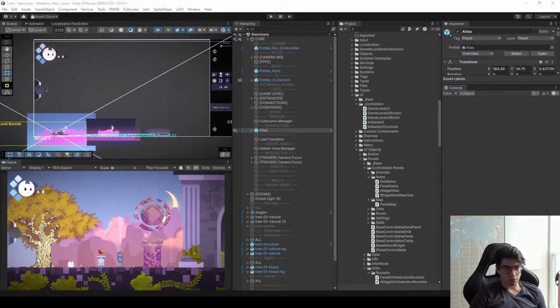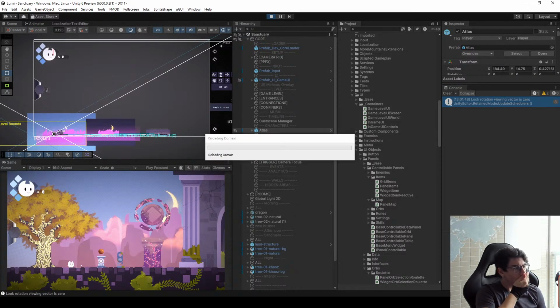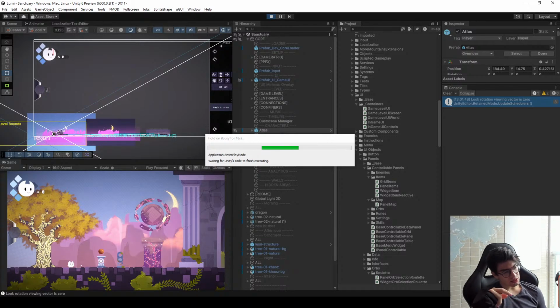Let's see what's going on with this. Well, it's a little bit weird because the error didn't seem like it was from my code. If we still get the error now, it's definitely not from my code, which is a little bit annoying because I don't exactly know where it's coming from. And I'll test the other panels that I had